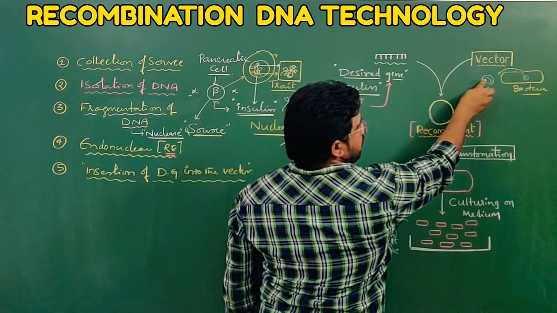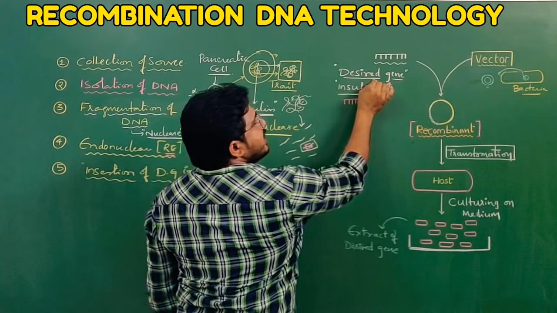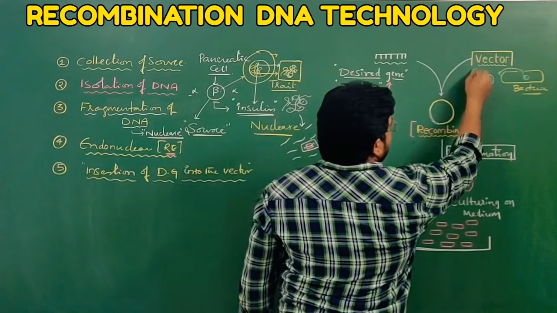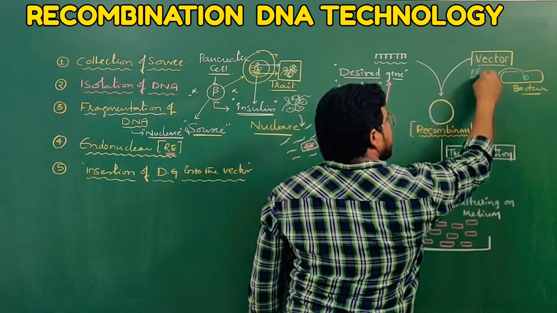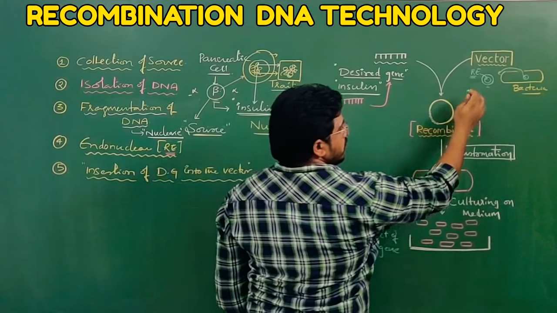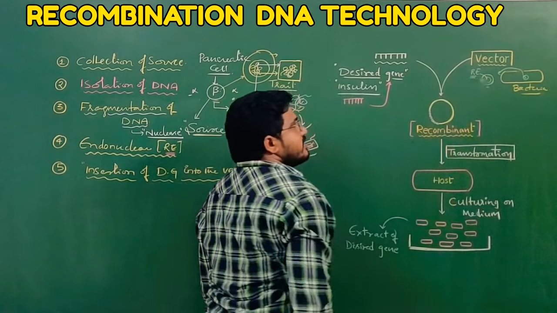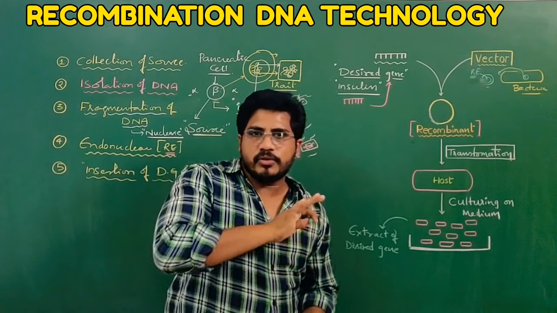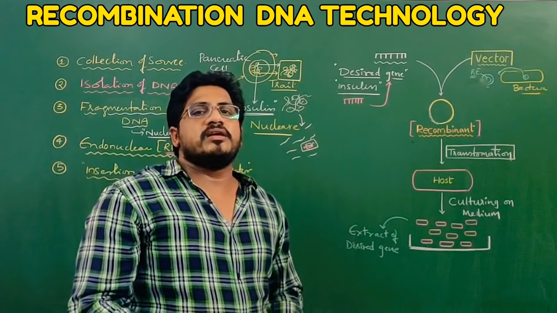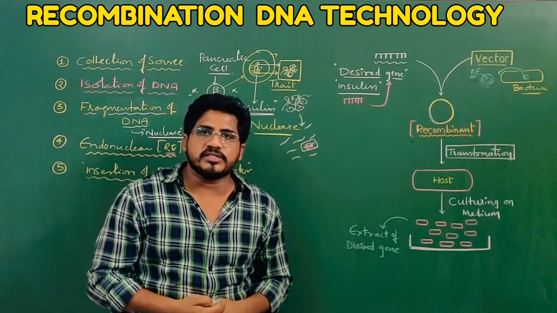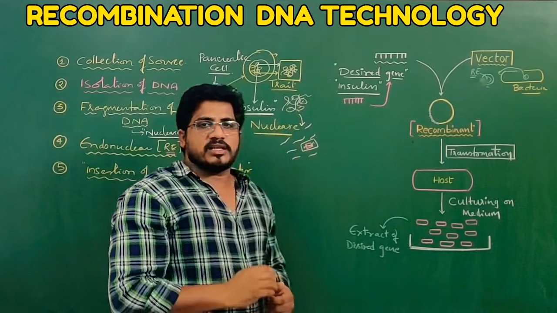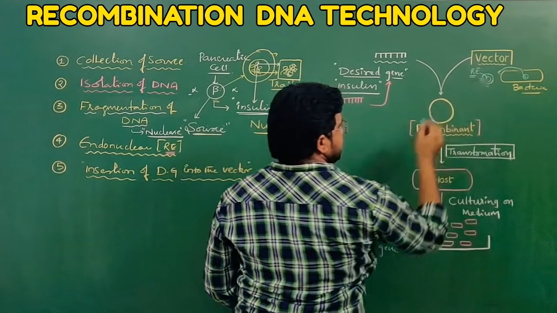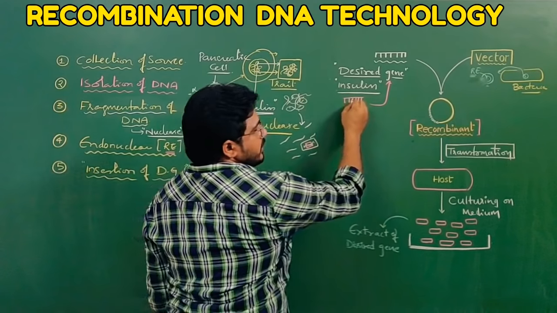Without giving a gap or insertion place, how will you insert the desired gene into the vector? So again, what do you need here? Restriction endonucleases again you require. By using restriction endonuclease enzymes, you will cut certain sequences of DNA in the plasmid or any other vector. Don't think vector means only plasmid. It depends on the experiments we use, but most of the time in genetic engineering we use plasmids. That's why, instead of vectors, I call them plasmids. By using restriction endonucleases, we cut certain sequences and later we insert this part.